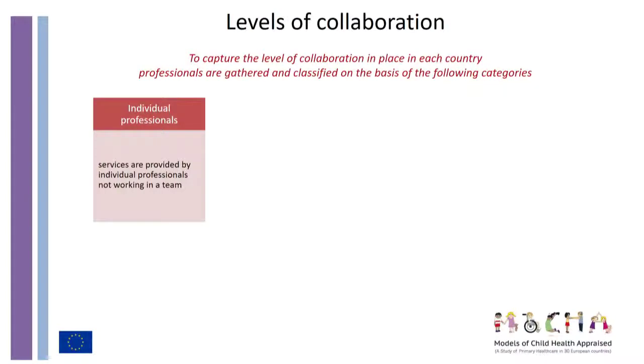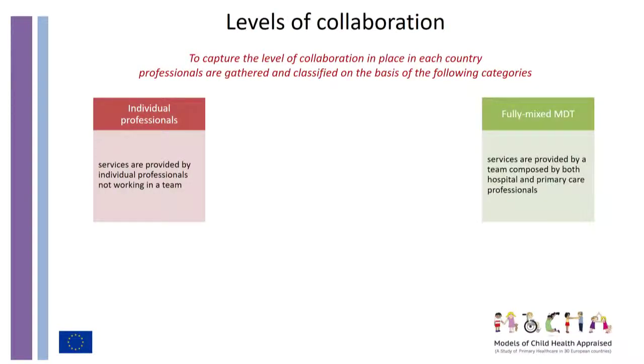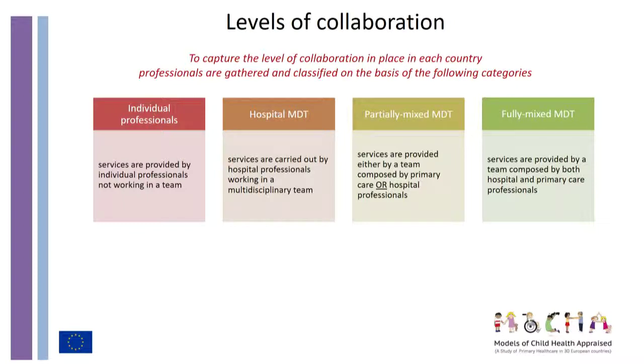To capture the level of collaboration in place in each country, the professionals are extracted from the questionnaire and classified on the basis of 4 categories. The first one is individual professionals, where each professional works individually and not in a team. The opposite one is the fully mixed multidisciplinary team, where primary care and hospital professionals work together in a multidisciplinary team. In the middle, we have the hospital multidisciplinary team, where the hospital professionals that work in a team are in charge of the entire care process, and partially mixed, when primary care works in a multidisciplinary team to provide some general services,